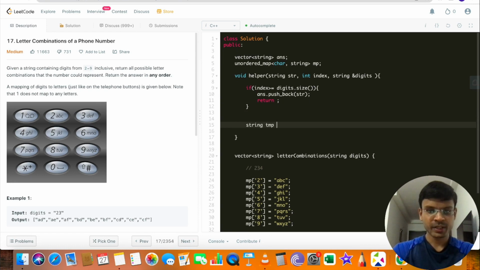And now I'm going to create one temporary string which is going to hold the possible values for a particular digit. So I am at a particular index in this digits string. It is nothing but an array actually. So I can find what is the possible string value for this particular index, mp of